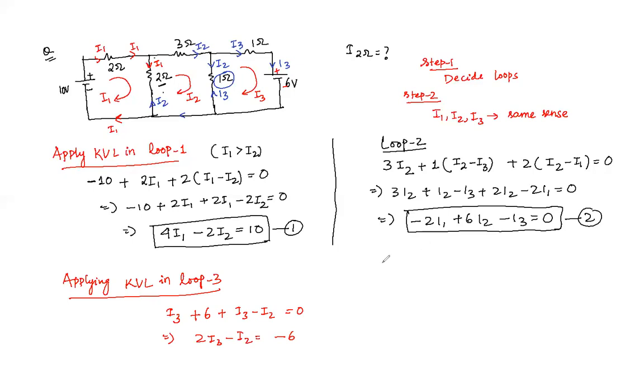Why am I writing it like this? Why am I taking the number to the right hand side, I will tell you now, right? So this is my last equation. So I'm going to save this page. I'm going to clear this page and let us solve all the 3 equations. Let me write it down once again at one place and let's solve it. Now solving the equation part. So let me write down once again all the equations that I have got from loop 1, loop 2 and loop 3. So this first equation is 4I1 minus 2I2 equal to 10.